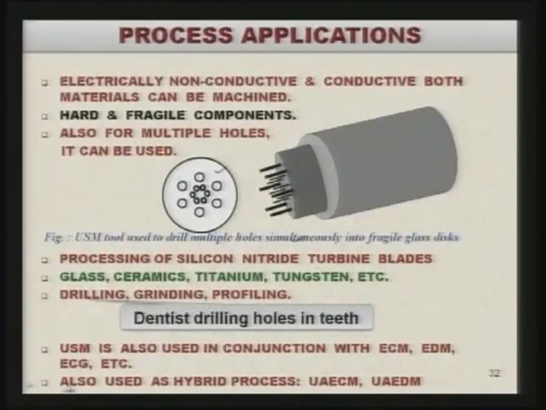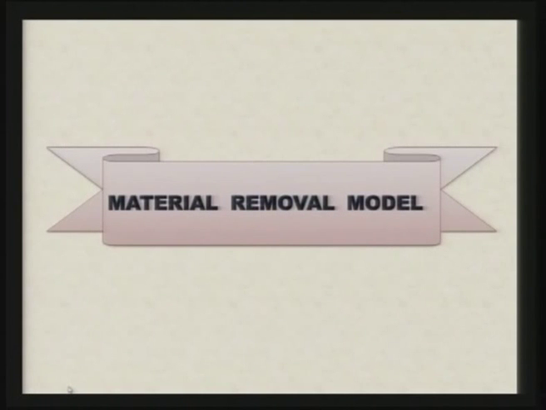What we are really doing in case of ultrasonic assistance is that the tool is vibrated at ultrasonic frequency. Once the tool is vibrating, say in case of ECM, then the removal of the electrolyte in electrochemical machining becomes much more effective than without ultrasonic vibration. So, it is found that in case of ECM and EDM, the ultrasonic has improved the performance of the process to a large extent. Also, it is used as a hybrid process like ultrasonic assisted ECM, ultrasonic assisted EDM.